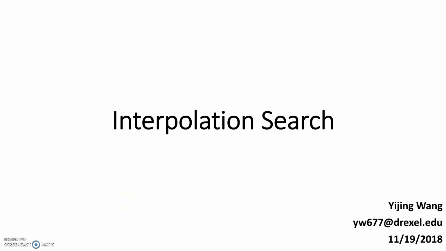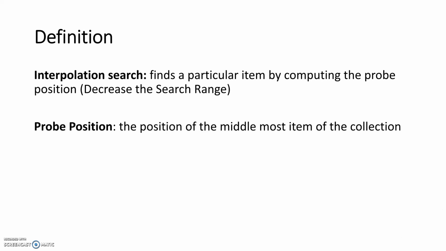Hi everyone, today we are going to talk about interpolation search. Before we talk about it, let's first understand the definition of interpolation search. It means finding a particular item by computing the probe position. In other words, it means decreasing the search range so it's quicker and more convenient for us to find our target